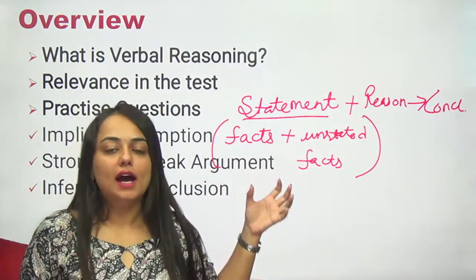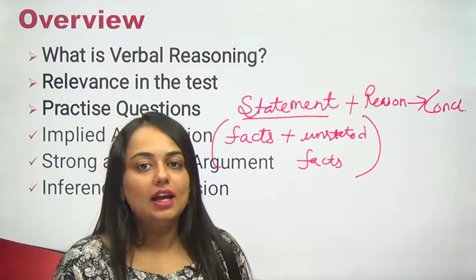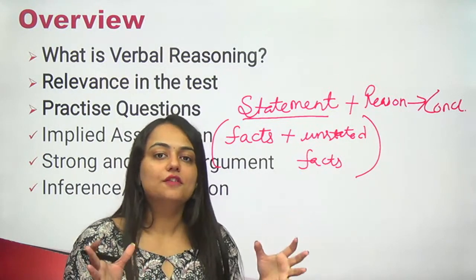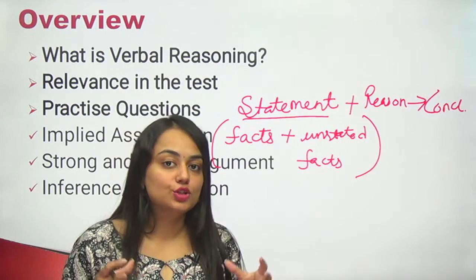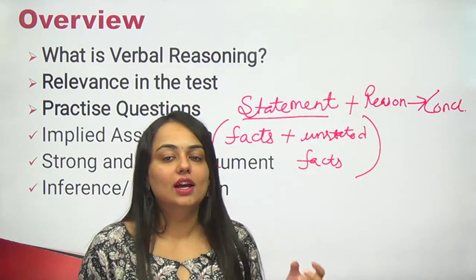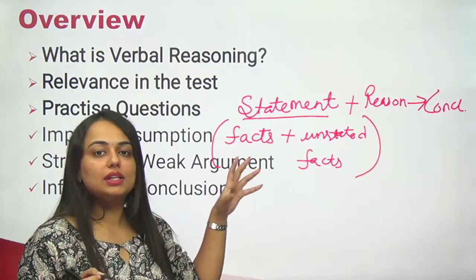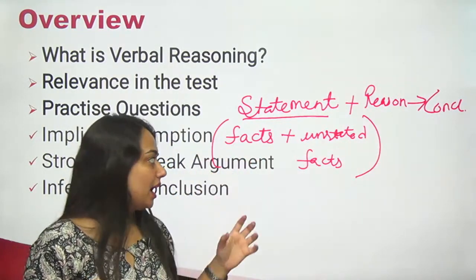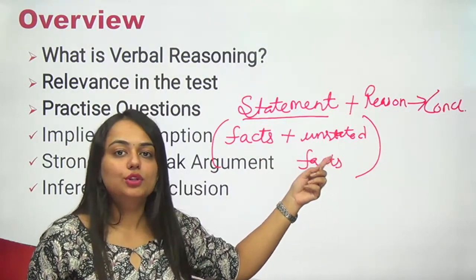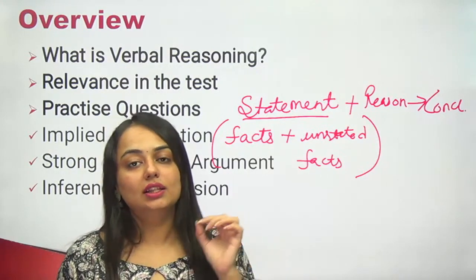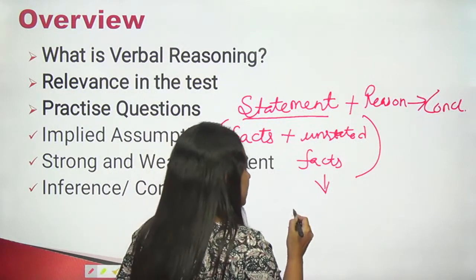If we say facts, any statement, any assertion, anything said by a speaker, anything written by an author is a fact. So facts are not always truth, but yes, truth or a true statement is always a fact. This is nothing but a simple statement, any line is known as fact. And then there are some unstated facts. Just by the name you can make out they are not directly given to you in the statement. These are also known as assumptions.